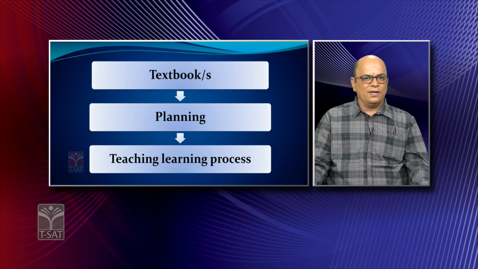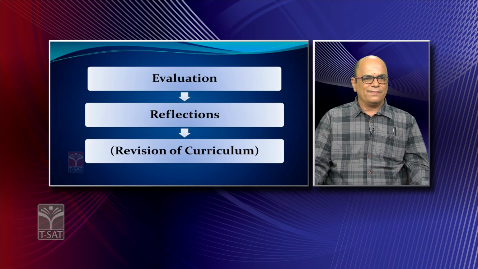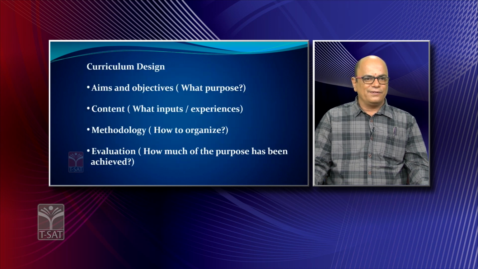And textbook in continuation, and after that planning, which involves how the content in the textbooks should be used in the classroom and how we can cater to the needs of the children and how we can continue classroom procedure, which is called teaching learning process, and evaluation, and where we will see the effectiveness of textbooks, syllabus, of course curriculum, and then we will look into the reflections. They do help us in revision of curriculum.